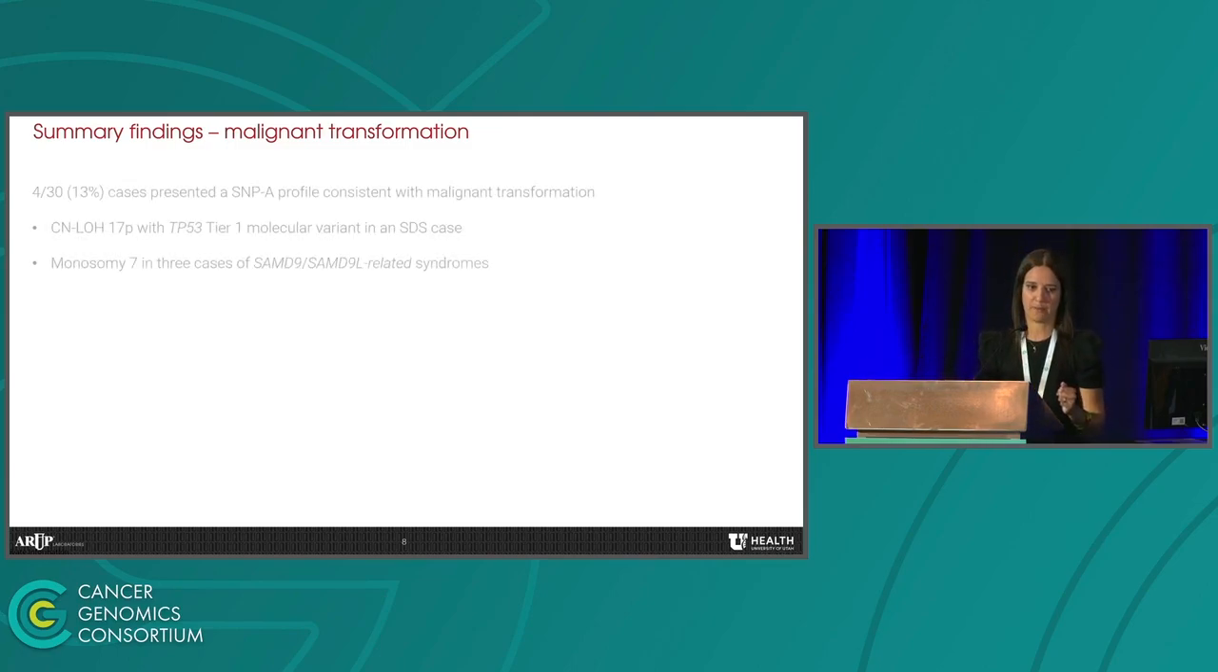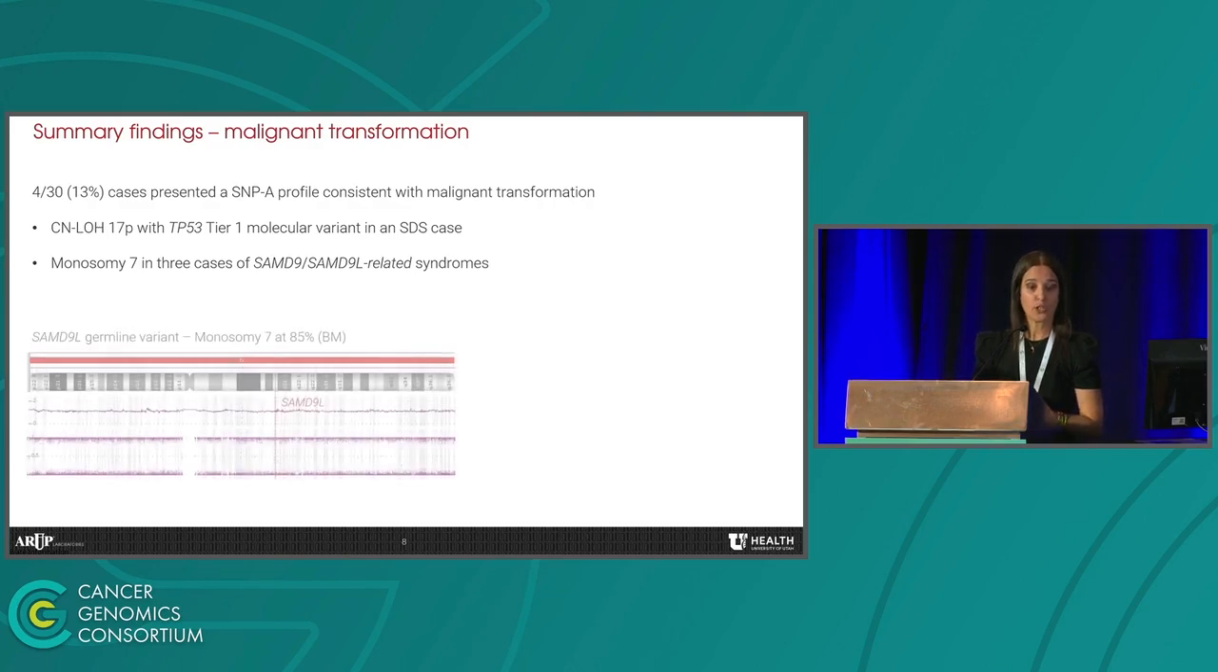So now the second half, I wanted to share with you our findings associated with malignant transformation. So we have 40 out of the 30 abnormal cases that presented a profile consistent with malignant transformation, and some examples are CNLOH17p in a case with a TP53 tier 1 variant in an SDS case, or monosomy 7 in 3 cases with SAMD9 or SAMD9L related syndromes. As I'm showing you in that plot, this patient had a SAMD9L germline variant and monosomy 7 at 85% in